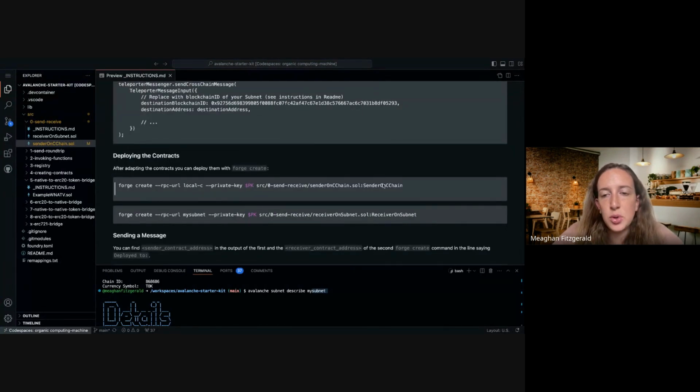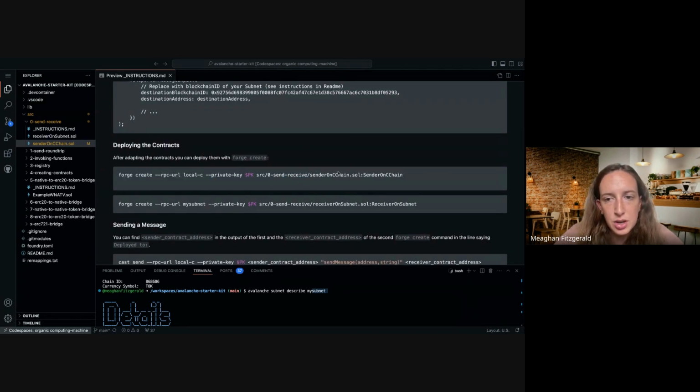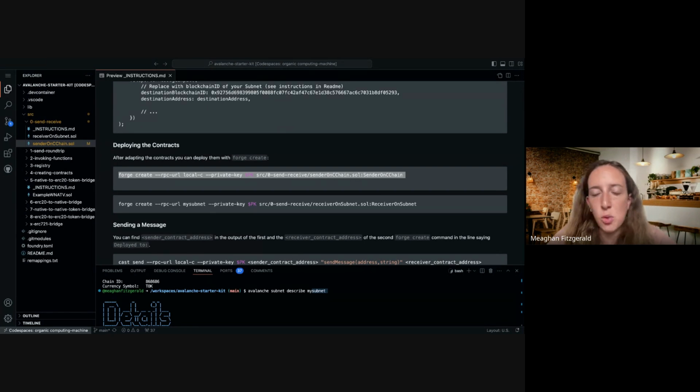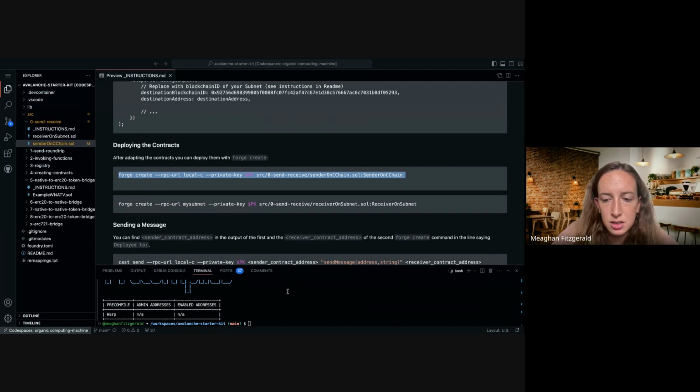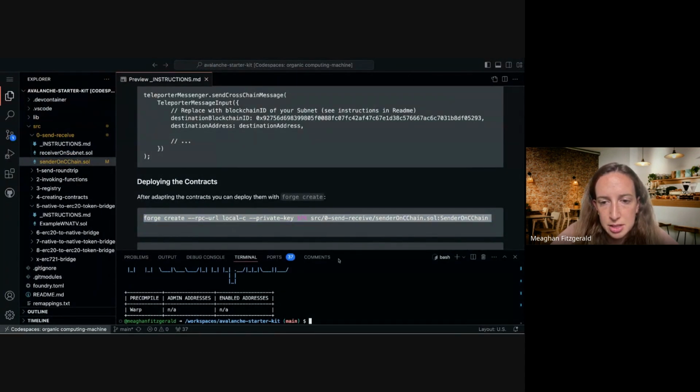So now we're going to deploy our contracts with these commands here. So I'm just going to copy this line. I'll post it in the chat in case you guys aren't following along with the instructions. Make sure that it's all one line and that there's no forced enters because I just posted it in the Google Meets chat. I'm back here, going to my terminal. And then in my terminal, I'm going to paste this. And what this command is doing